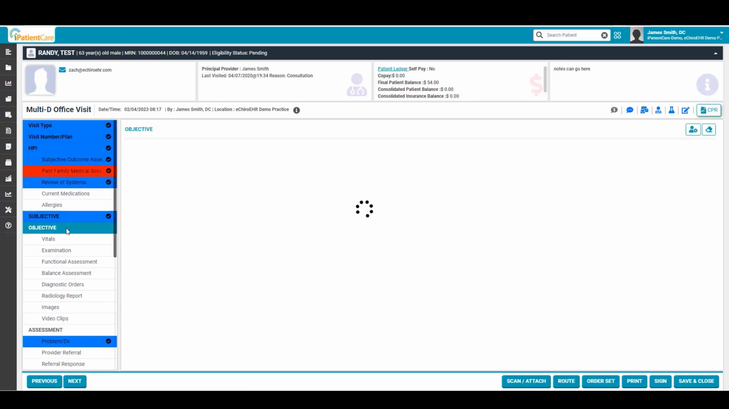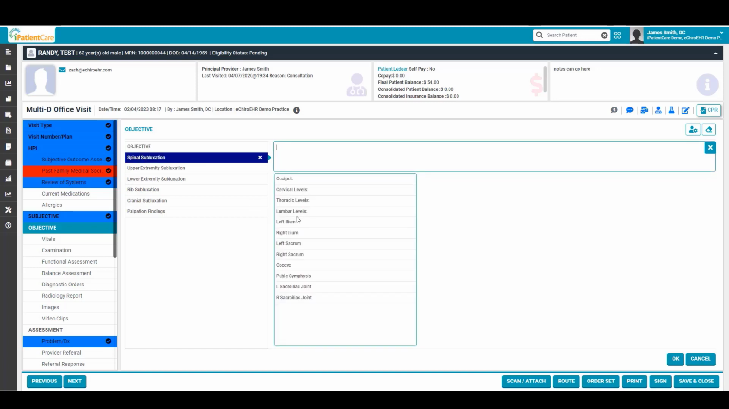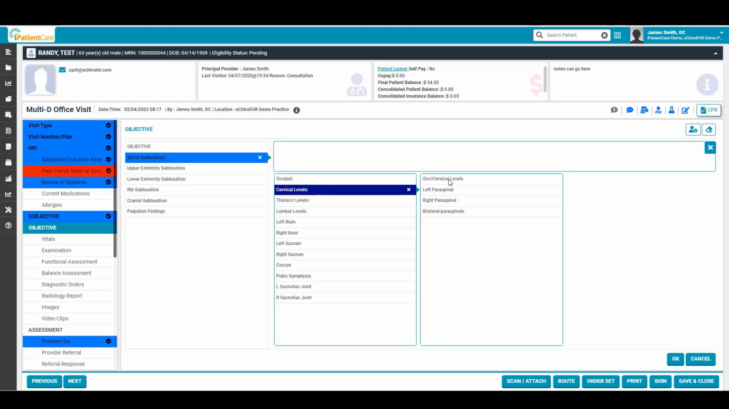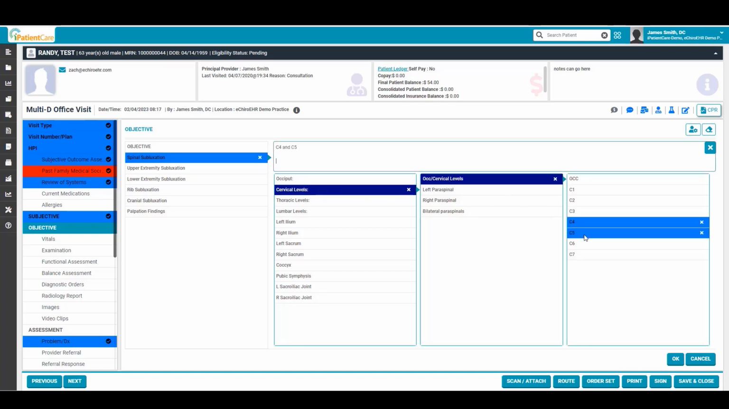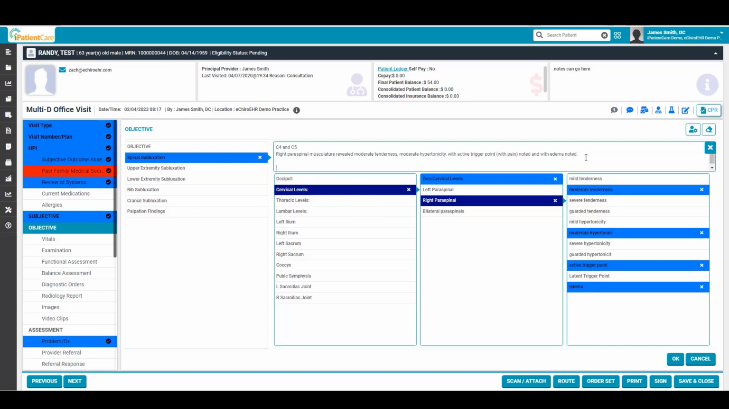Since we are completing this as a chiropractic provider, you'll see that within the objective section, we have all of those palpatory findings that can be documented, including the spinal subluxation by identifying the region, the levels of asymmetry or misalignment, and then the paraspinal involvement, either left, right, or bilateral, and we will say right, and then documenting the level of tenderness, hypertonicity, and if there's active trigger point or edema. And you can see that that lays out per segment, and of course this supports the PART subluxation guidelines from